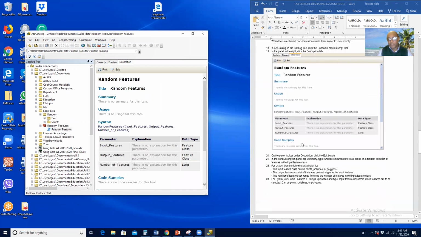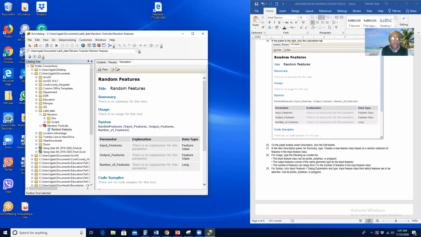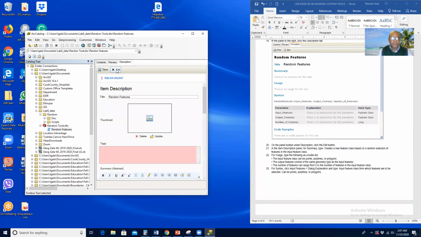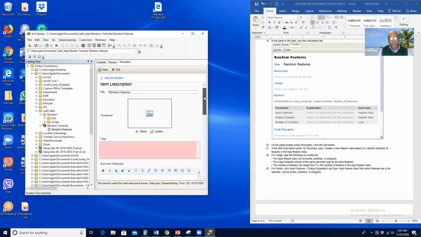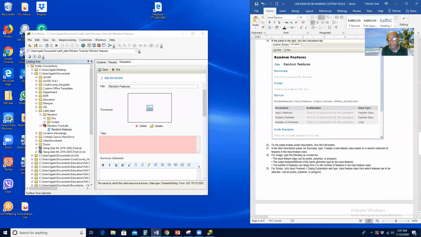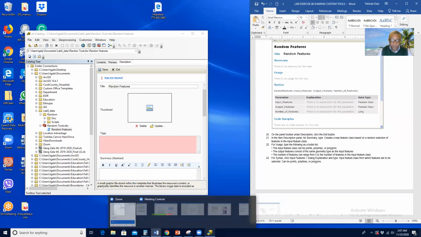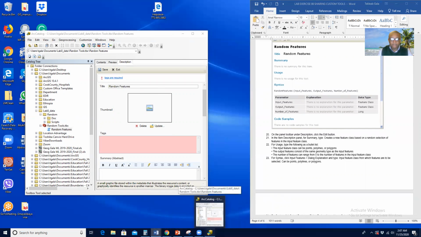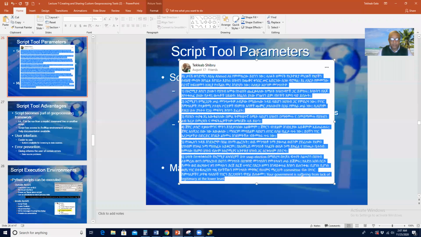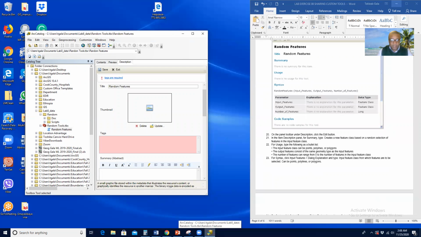You select the description, and then in the description, you click on edit. And the title of this tool is a random feature, a title that you have given. And so if you have any other picture that you want to put here, say, for example, here, let me get,